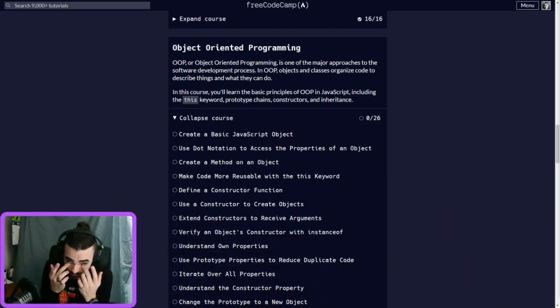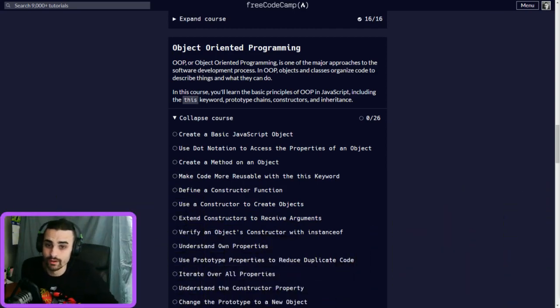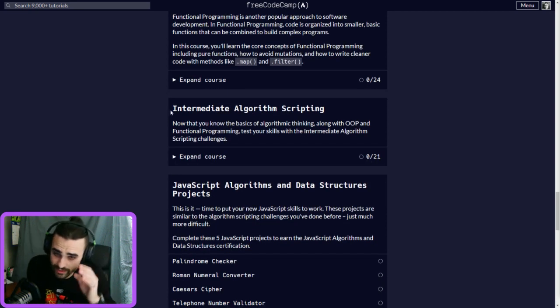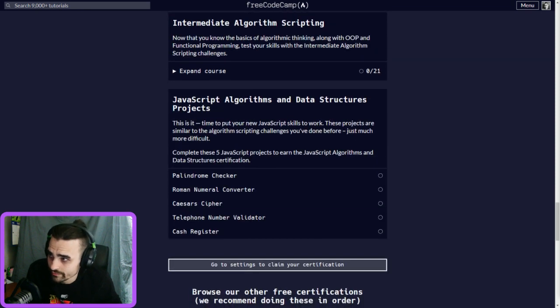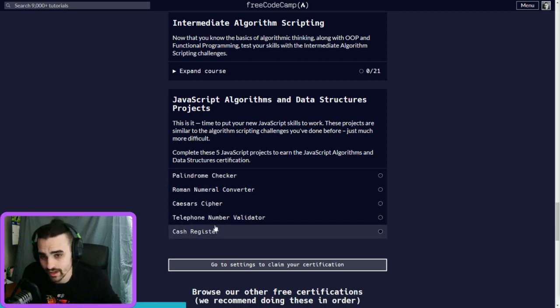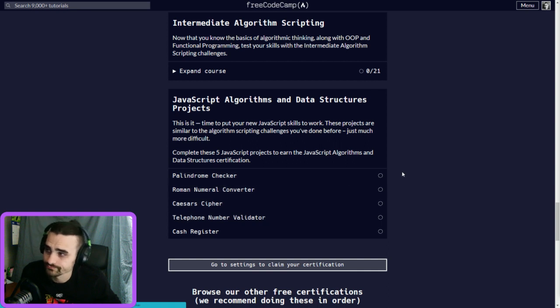Let's get through here. Alright, so I'm gonna switch this over. So starting off on the object-oriented programming, we have functional next, which there's 24. We have the intermediate algorithm scripting, and then we finally have our projects, which we have to make five projects.